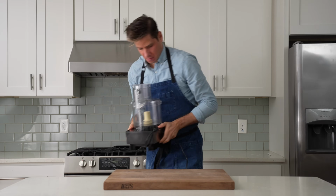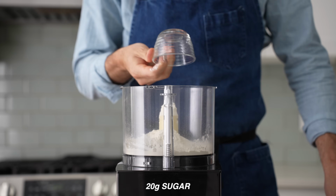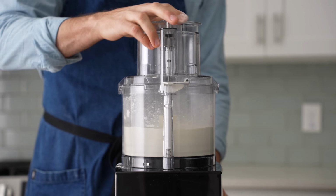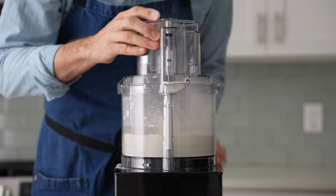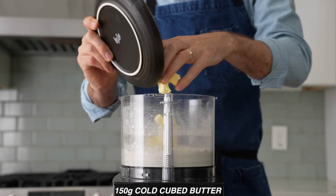To get started, I'll grab my food processor and into the jar of that measure 200 grams of all-purpose flour, 20 grams of sugar, and 3 grams of salt. Now the lid goes on and I'll spin this up until everything is well combined. And there we go. Next, I'm gonna add in 150 grams of very cold cubed butter, but not just any